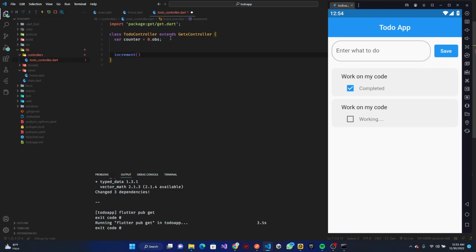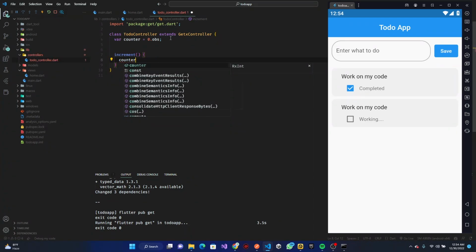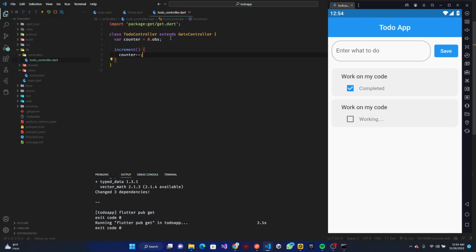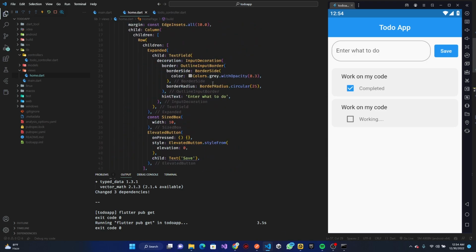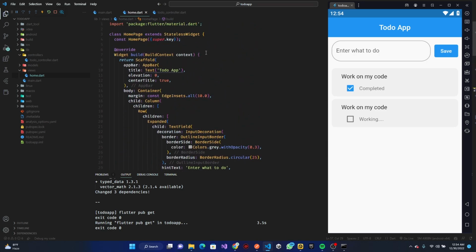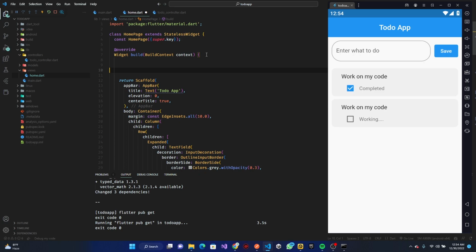So you are looking at the basic Getx of. So we're going to do counter plus plus. So that is going to increment that for us. It's also like doing counter plus equals 1, something like this. Alright, so we just do plus plus instead. So save that. Now in our home, what we want to do is right here, we're going to do final